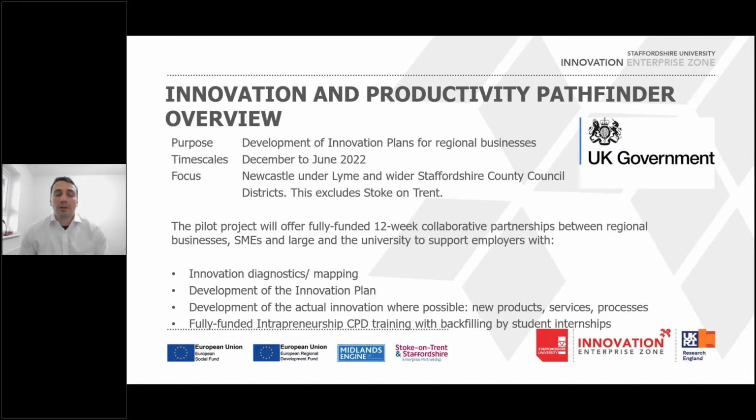So what exactly is on offer? This project is a pilot study which government awarded to Staffordshire University, and we partner with companies through fully funded 12-week collaborative partnerships between the companies, which can be SMEs or large companies, and the university. In the partnership, we will undertake innovation diagnostics or innovation mapping. We will work with you to identify where potential innovations can come from, whether it's a product, a service, adoption of technology, or improvement of processes, which will then be formalized in